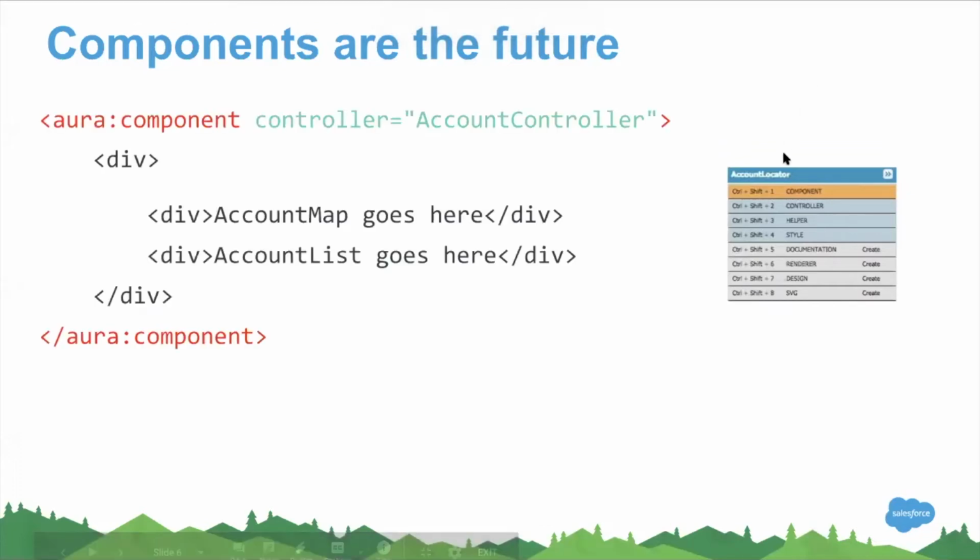Okay, and this is how, when you create a Lightning component, it contains a lot of files. So it contains component, controller, helper, style, documentation, renderer, and so on. And the component is the place where you enter your UI markup. If you want to add a div tag or paragraph tag or even a video tag, you have to add all your HTML markup in the component file.